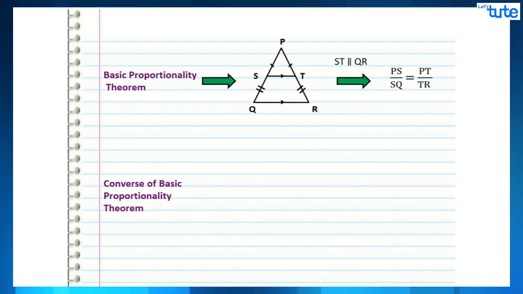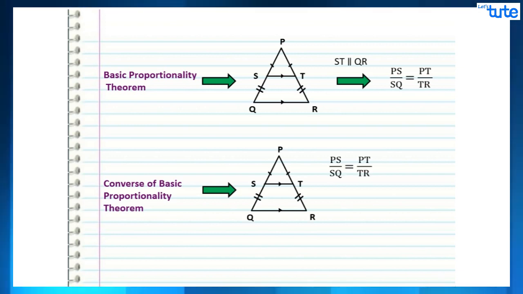TR. Now, the converse. It states that if a line divides any two sides of a triangle in the same ratio, then the line is parallel to the third side. So, for example, in triangle PQR, if PS upon SQ equals PT upon TR, then ST is parallel to